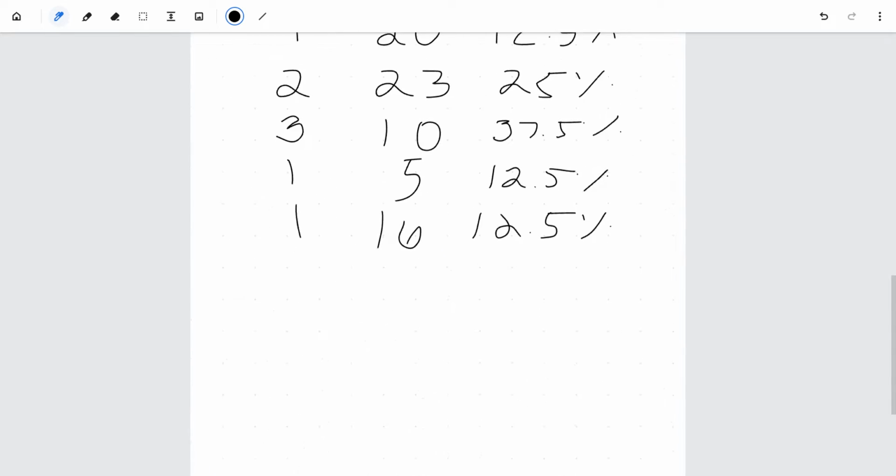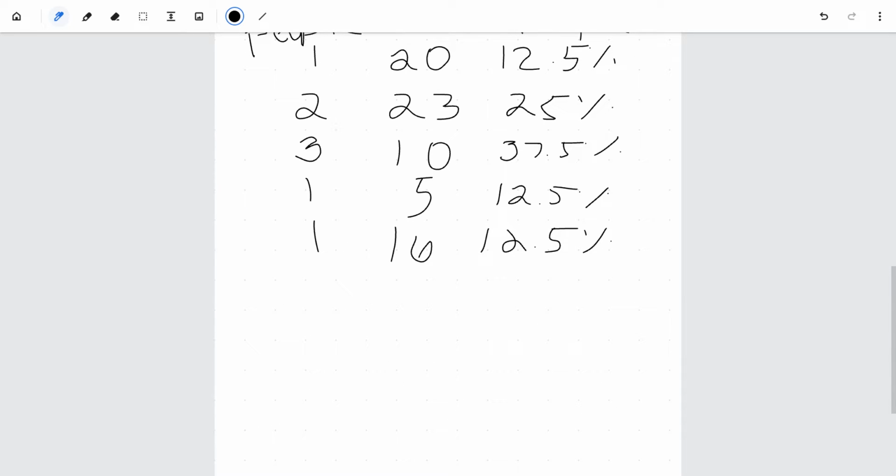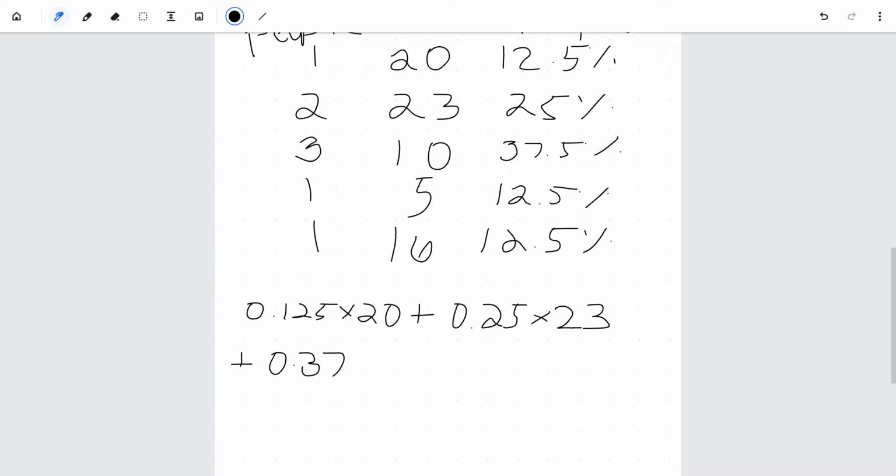And now all we have to do is multiply the age by the percent of the time that it occurs. And so we can do something like 0.125 times 20 plus 0.25 times 23 plus 0.375 times 10 plus 0.125 times 5 plus 0.125 times 16. And this is equal to